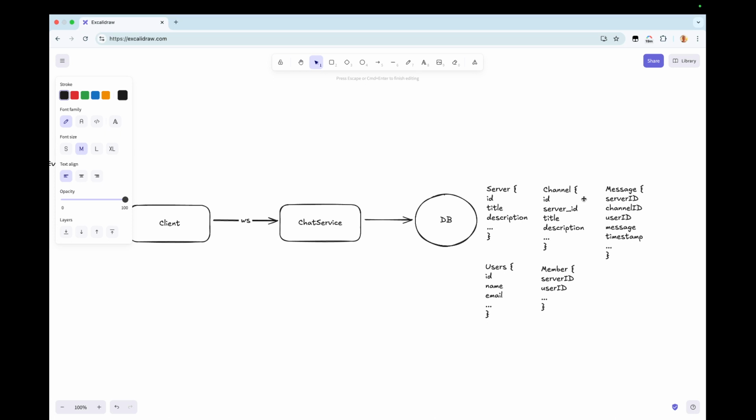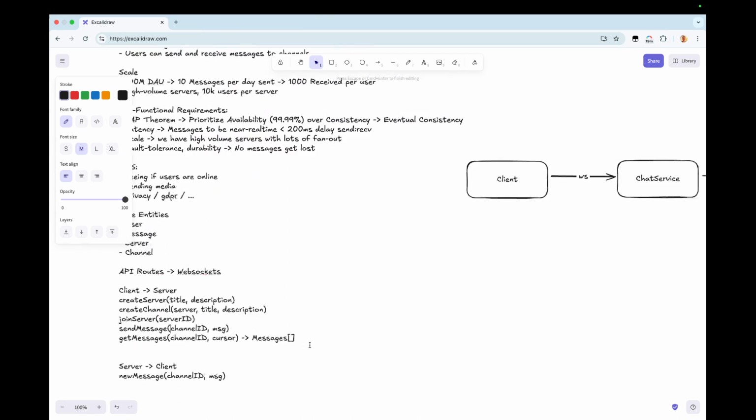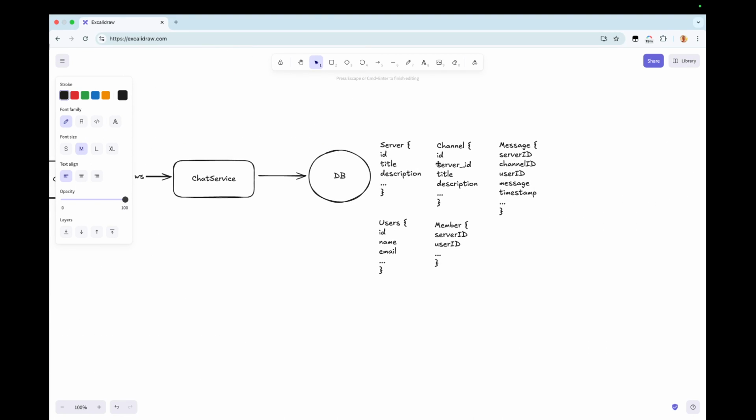So we have the server ID, and then for our message we will have the server ID and the channel ID. Maybe we'll just have this be a part of this, but we essentially still need to validate that the server and channel are valid before we actually write the message. So we'll do some validation within chat service on both of these fields to make sure that this is a real server and channel that's coming in, that the message is valid and everything.